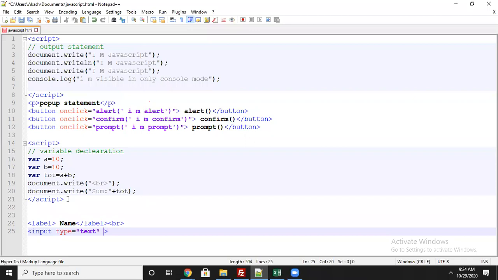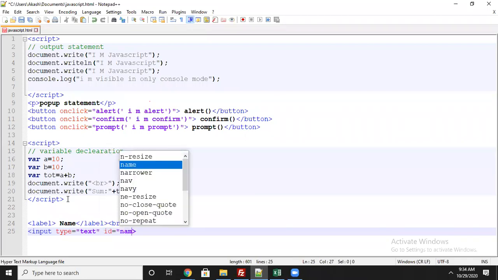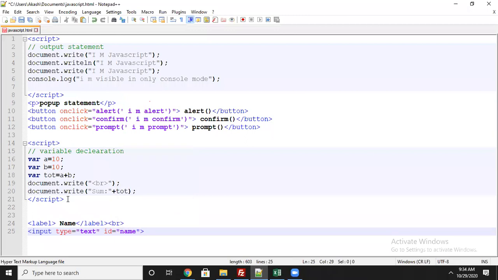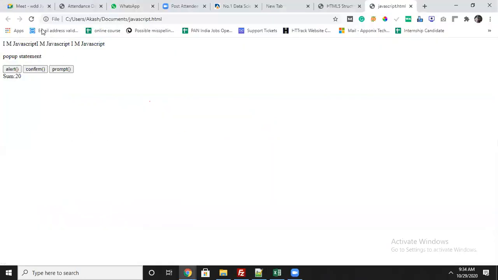And for this I will take a reference as an id: id equal to name, and I will write the br. Now I will refresh, and you will get an idea. You can see the name label along with one text box. Here the user will give the input from the browser.